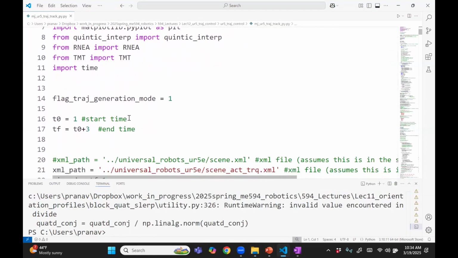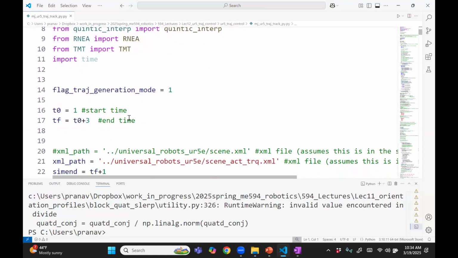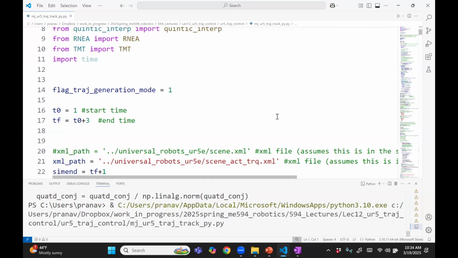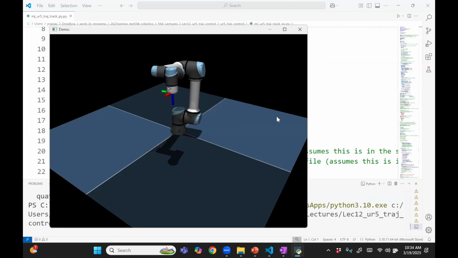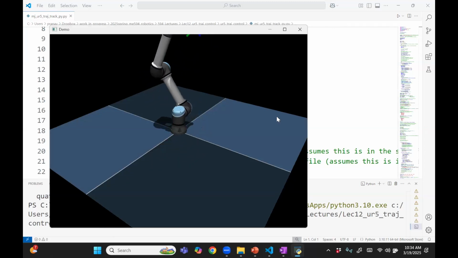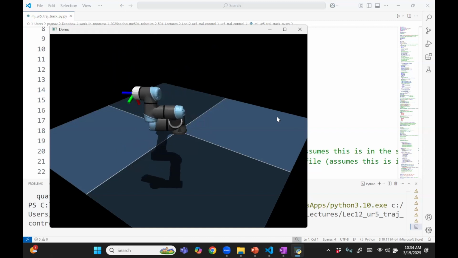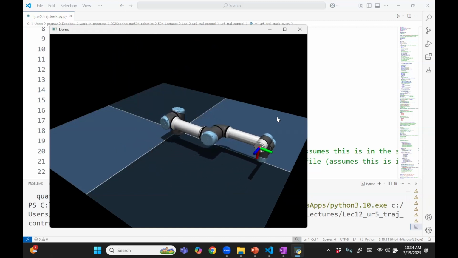So this is a file which I took from the trajectory generation. I showed you that the UR5 follows, well, we are trying to make it go from a certain start joint angle position to a certain end joint angle position. So this is the start position, and then the end position is really large rotations of each joint, and that's the end position. So that code